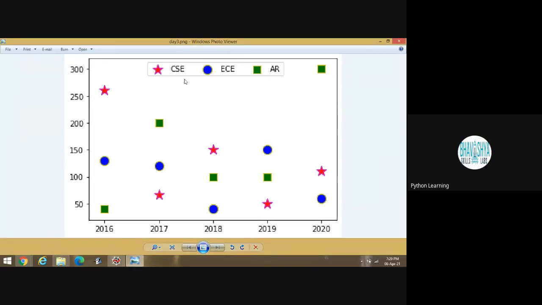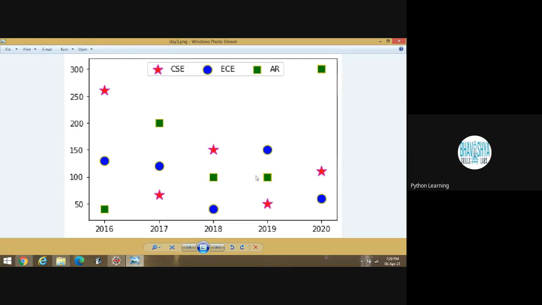You can clearly identify what is the meaning of CSE. CSE is represented by these stars, and ECE is represented by blue circles, and automation and robotics is represented by square boxes. In 2016, automation and robotics, then blue circle, then star. Similarly, in 2018, the admission in automation and robotics is more than electronics.